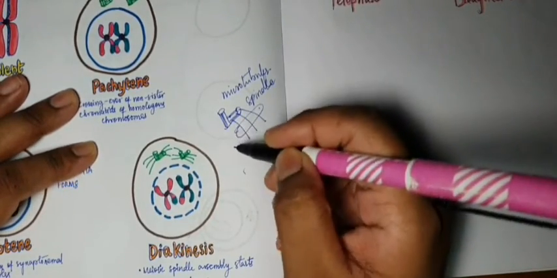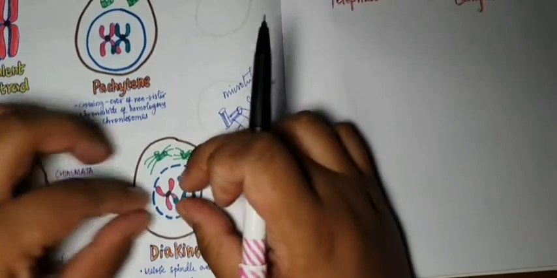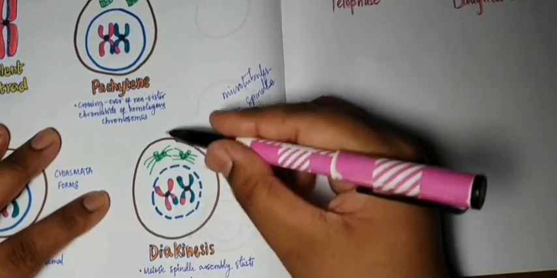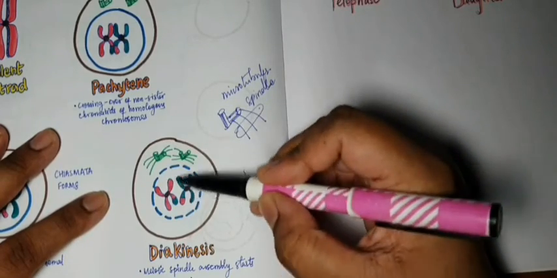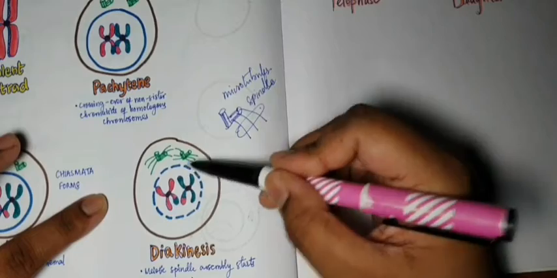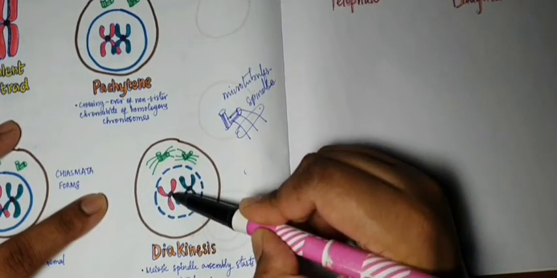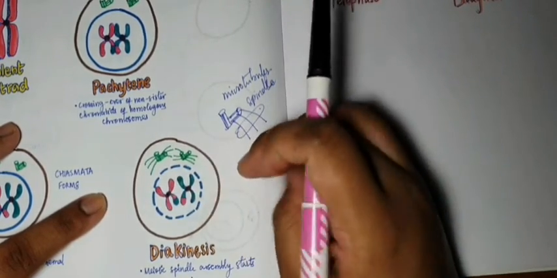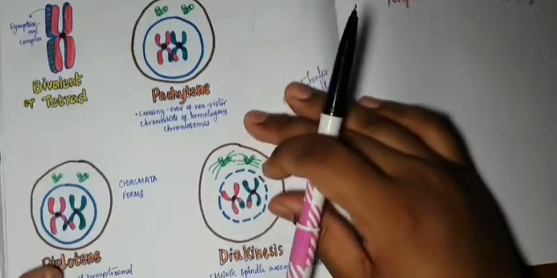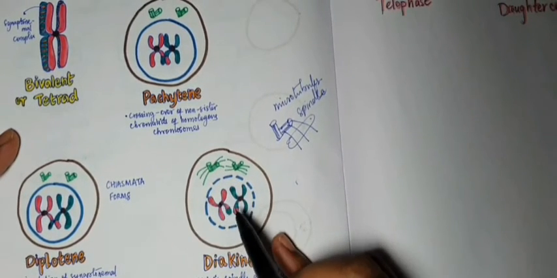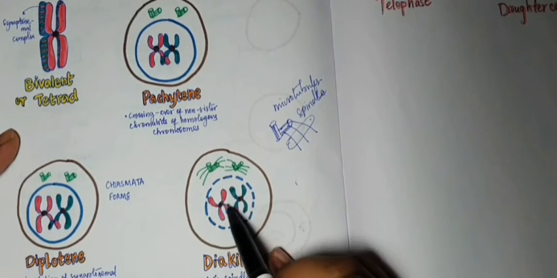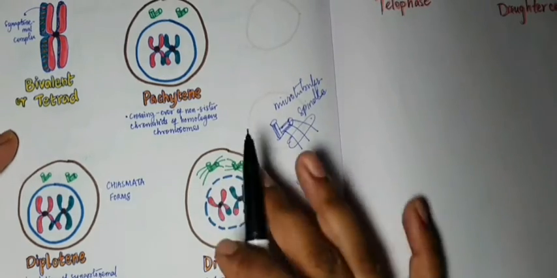Why do we need this meiotic spindle? Just like in mitosis, you need to separate these chromosomes into equal halves for the formation of the daughter cells. So to separate them, you need something to pull them away from each other, and the structures which will pull them apart are the spindles, okay? So the meiotic spindle starts forming and the chiasmata breaks, okay? And the nuclear envelope also breaks. Now for the spindle to come in and attach onto the centromere and pull the chromosomes apart, it has to invade the nuclear area. So far the chromosomes were within the nucleus, but they have to cross the nuclear envelope and come inside to attach onto the centromeres. So the nuclear envelope breaks apart in diakinesis, okay?